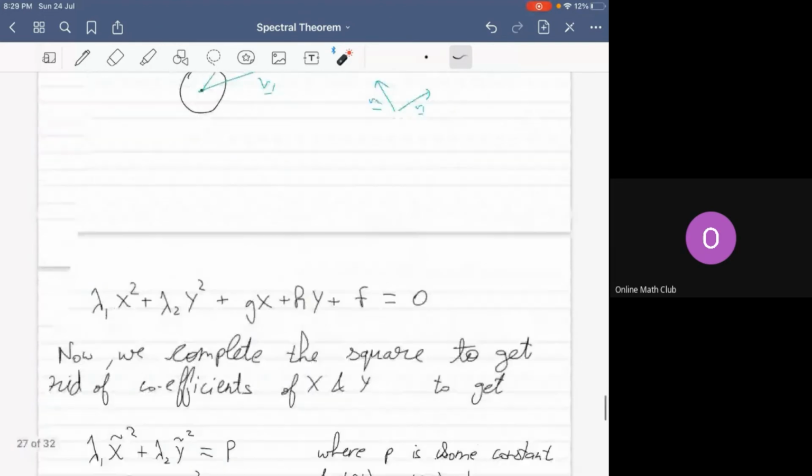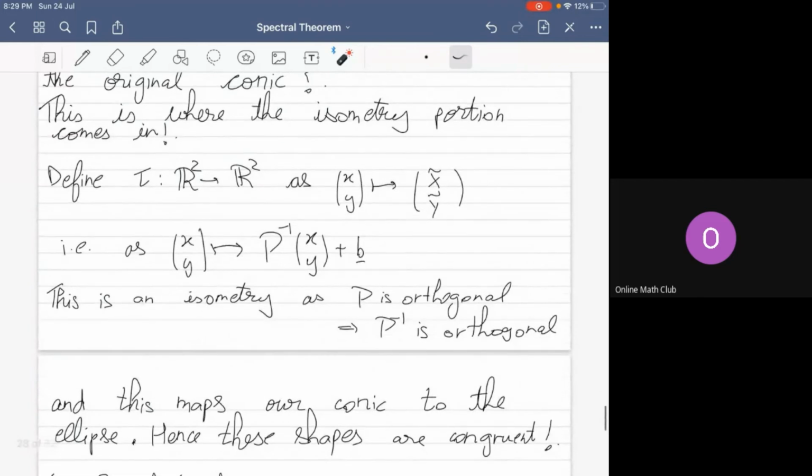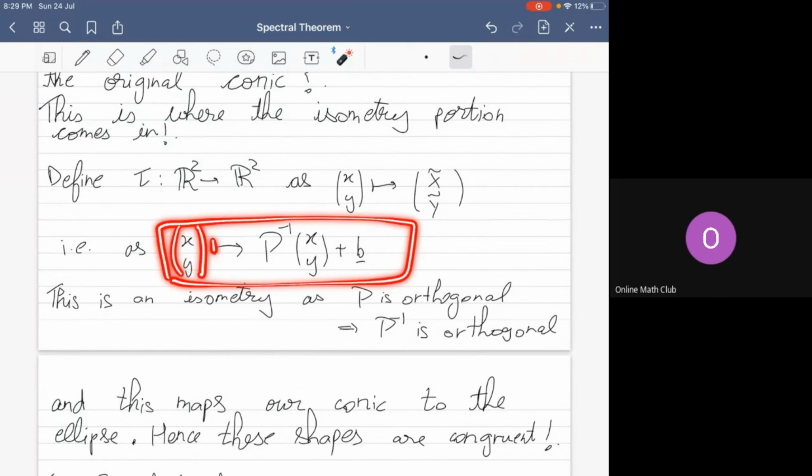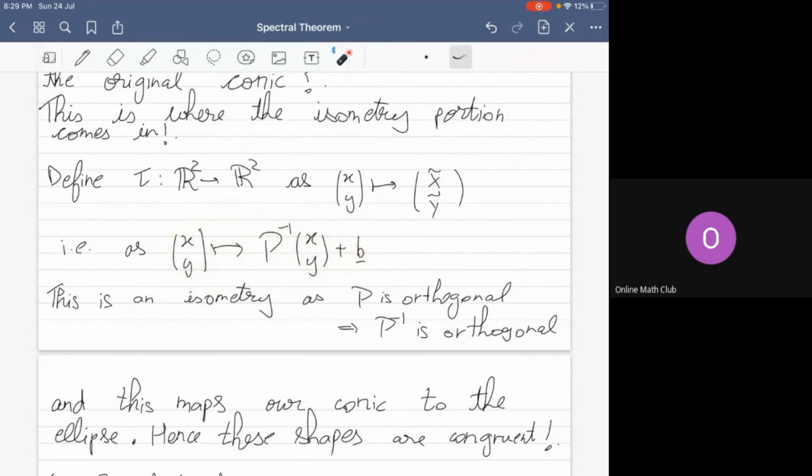So we get that this vector small x small y goes to P inverse XY plus b, and this is an isometry, as P is orthogonal if and only if P inverse is orthogonal. You can check this, and this is exactly what we did